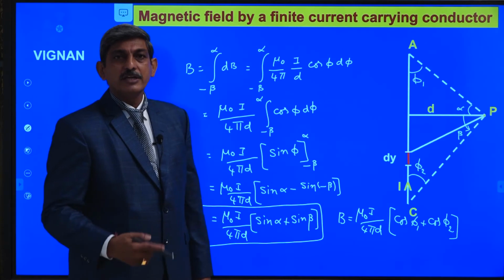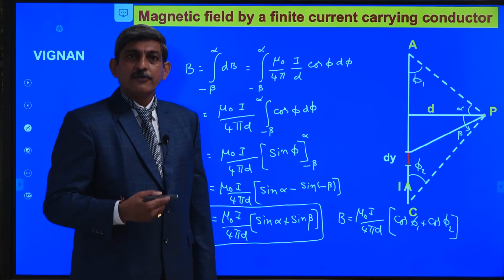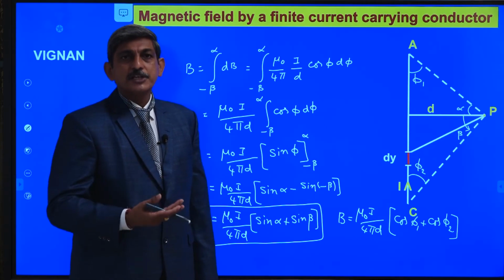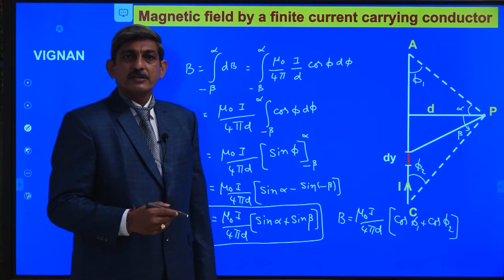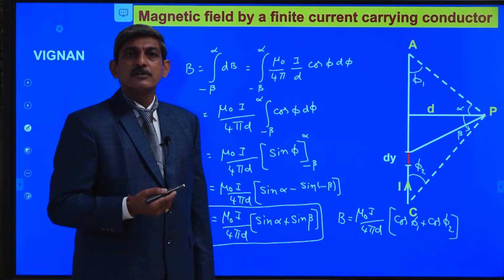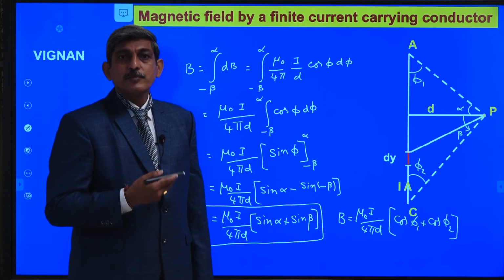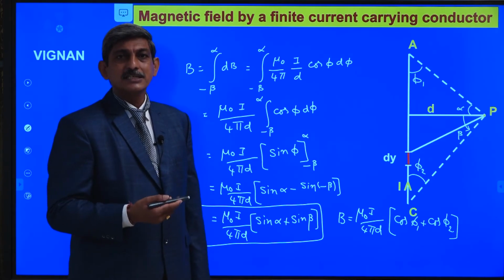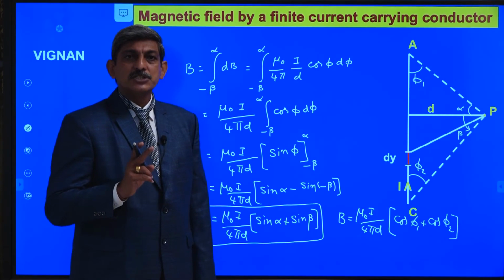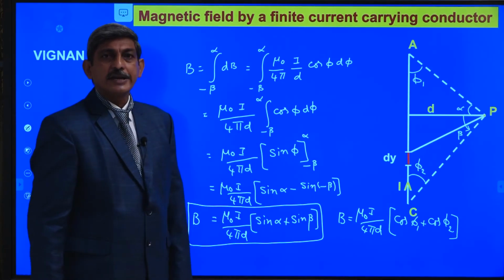So this equation is a very, very important equation for us for the determination of the magnetic induction produced by the finite wire. In the problems, different shapes are given. Triangle shape may be given, square shape may be given, polygon shape may be given. In the different shapes, the sides are made up of current carrying wires. Due to all those sides, we want to determine the magnetic field produced by that combination of the wires. In such cases, we have to use this formula for the calculation of the magnetic induction produced by the straight wire. Now let us see some cases related to the current carrying conductor.